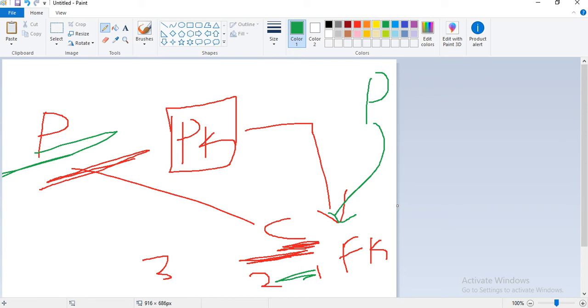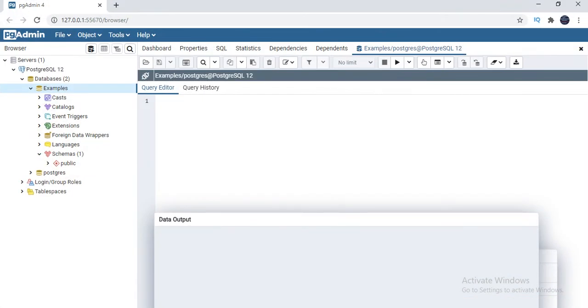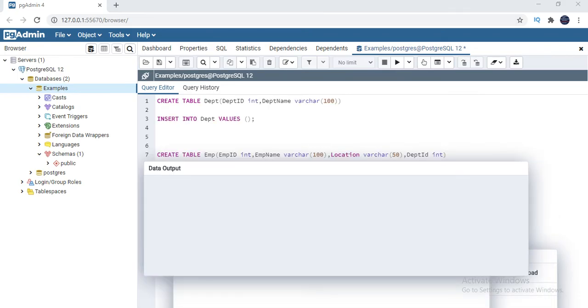First, let's create a basic table. Let me copy the syntax, because we already know that. I just got these existing queries from the previous example. Here I am planning to create two tables. One is a parent table, the other one is a child table. I am going to name the first table department. I'm going to call this a master table. So the master table is the department table.